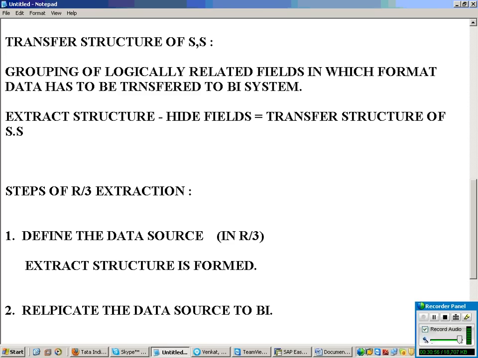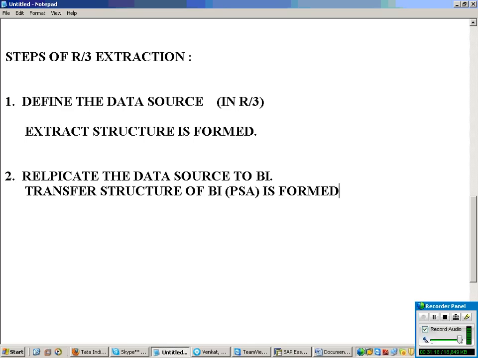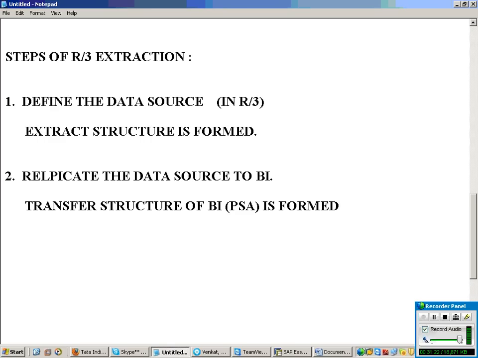Now replicate the data source to BI. Once you replicate your data source to BI, what happens now? The transfer structure of BI, that is nothing but your PSA, is formed. Then step 3, what has to be done?